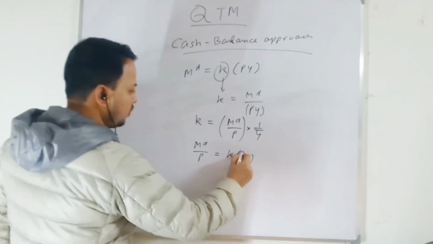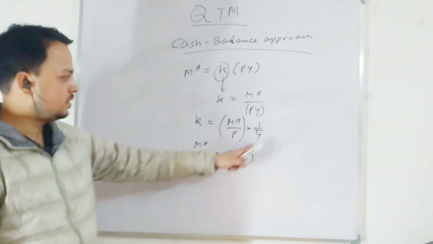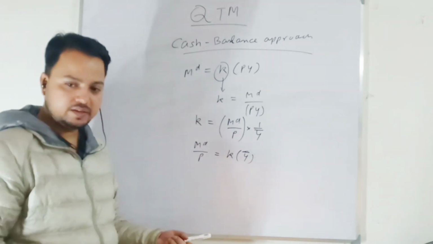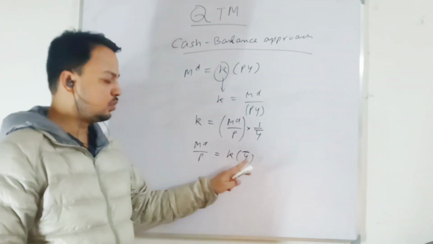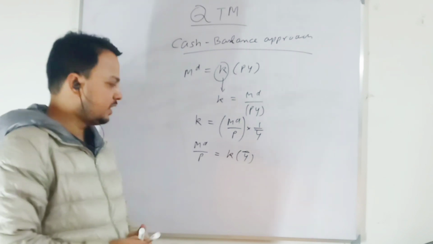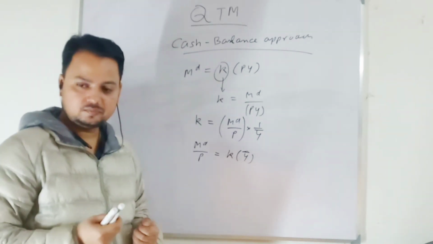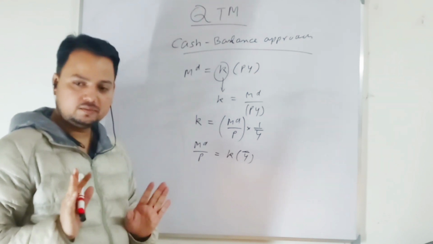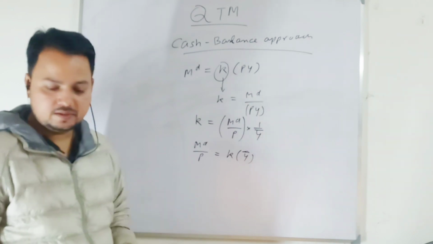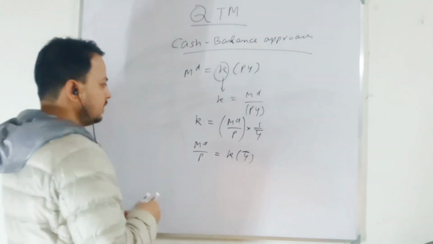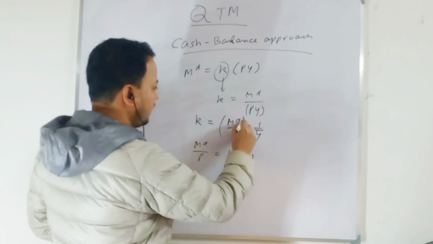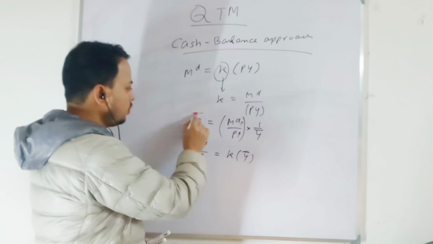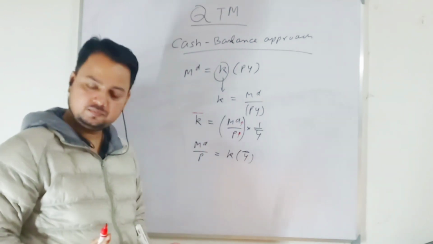Once the output level is given, my money demand, or real money balance, will be proportional to your output level. Now it is about real money demand, a real quantity, right? Yes or no? Agree? So for whatever reason, if my price level increases, my nominal money demand can increase, so that this proportion does not change. Agree, everyone?